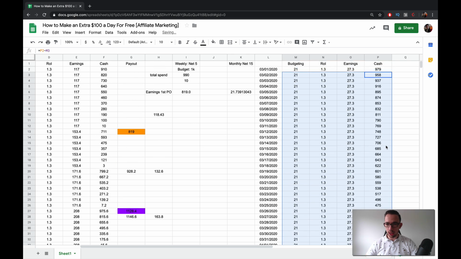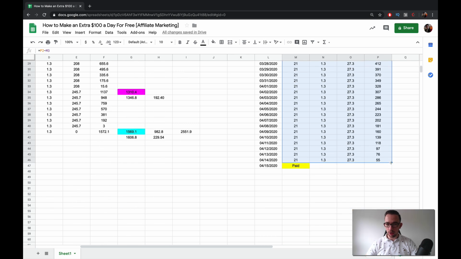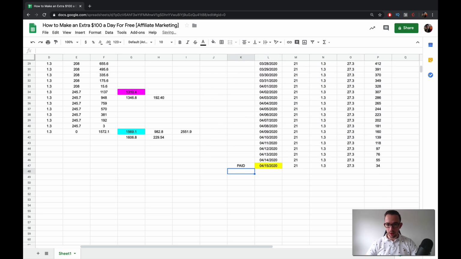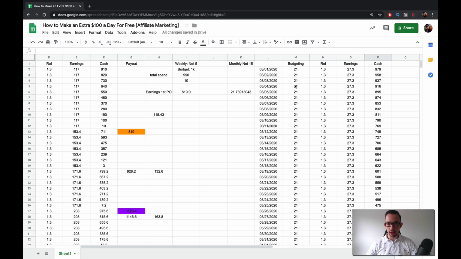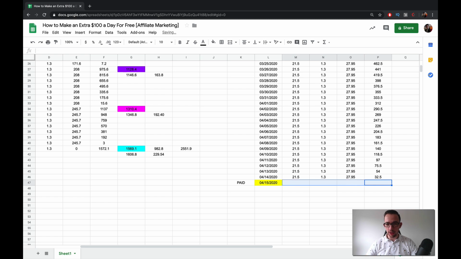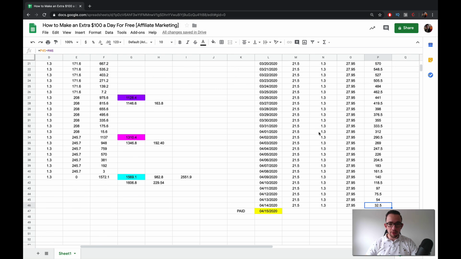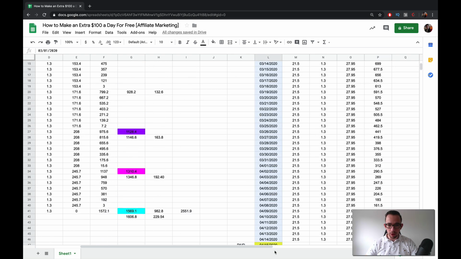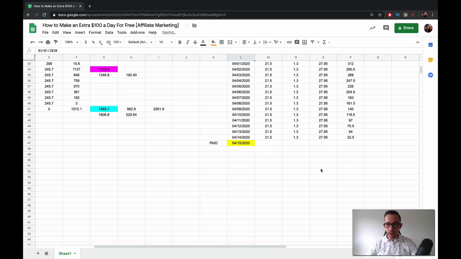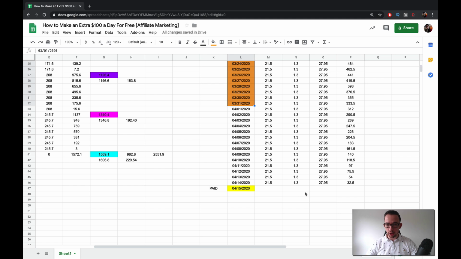Okay, so I can keep spending every day and my cash goes down basically. Here we get paid. So then I have enough money because the next day I would run out of money, right? If we spend, we can even spend 21.5 in this scenario. Then we would run out of money right here on the day we get paid. Okay, so then if I get paid monthly net 15, I basically get paid for these days, for the entire month, right? And then I would have a total amount,